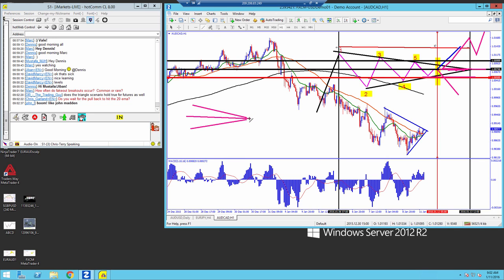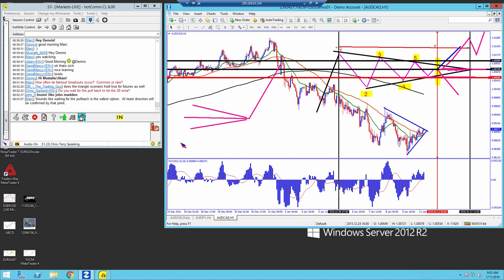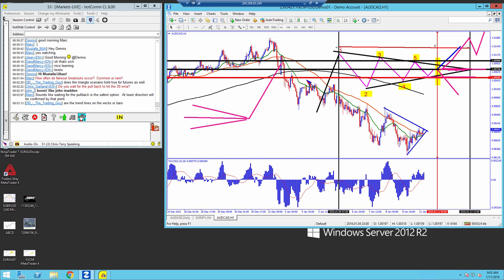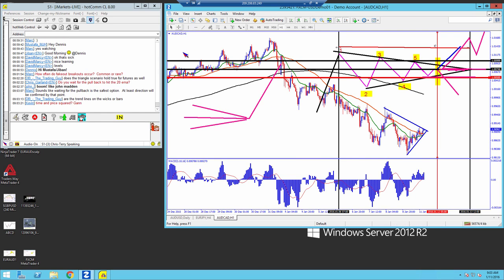So the longer the line, the longer the flight, okay? So, longer the line, the longer the flight. Now, a lot of people try to look at measured moves off of a triangle. But when you're coming out of a sideways line, a consolidation, when they break out,